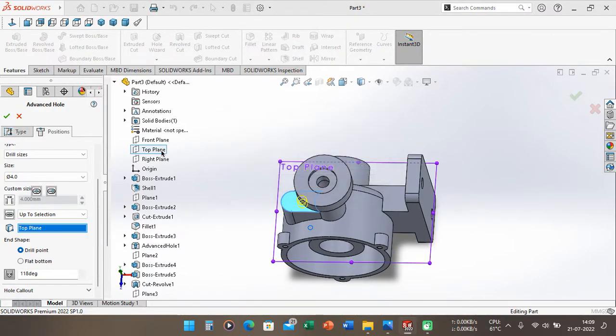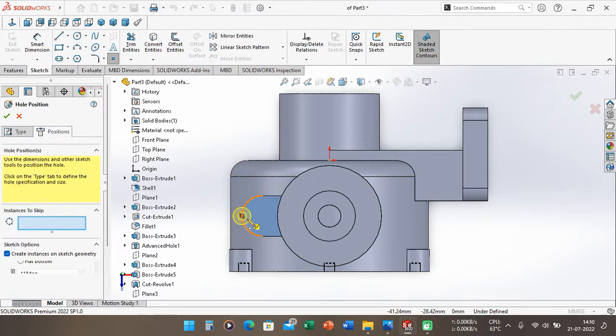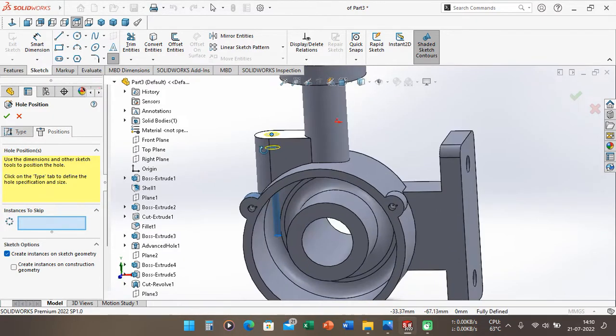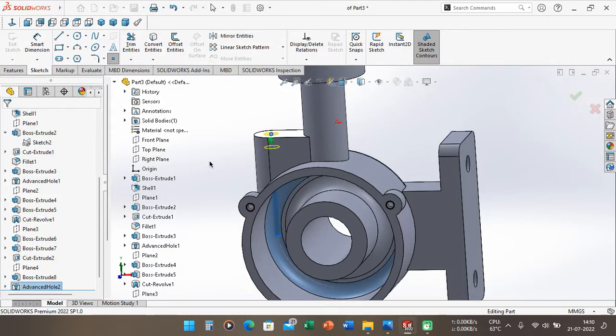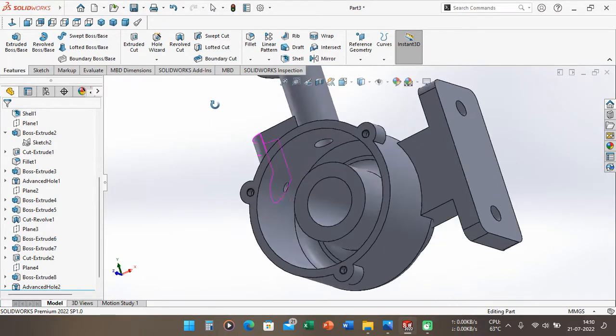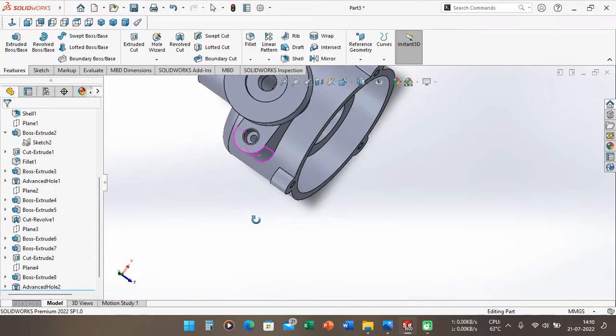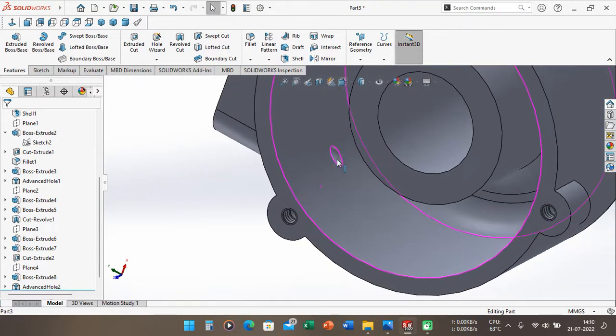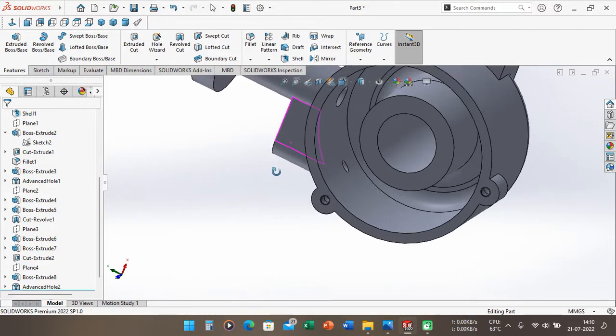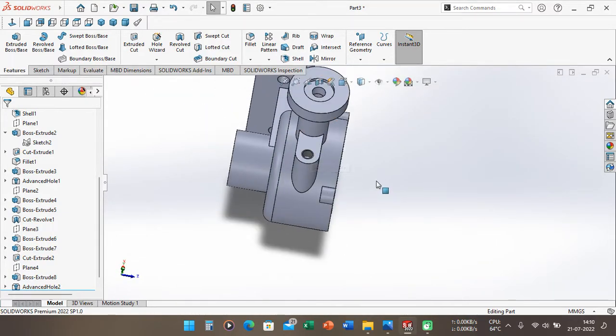After that, we can put this hole into this section here, and you can see here the hole has been created here. Okay, so you can see here this is a thread tab, and this is the hole. So this section is already done.